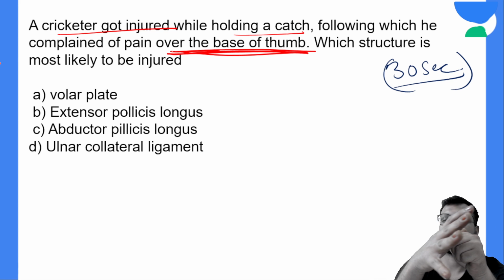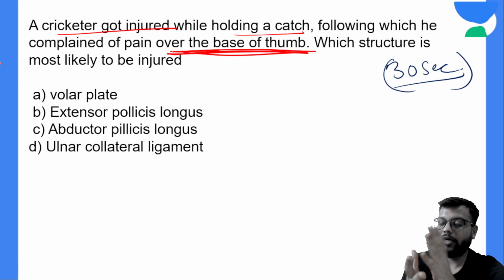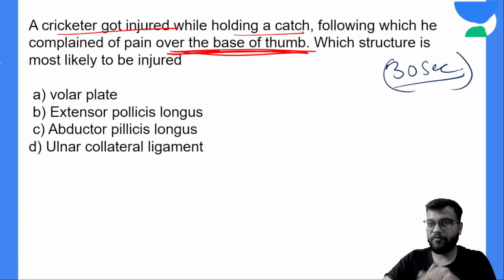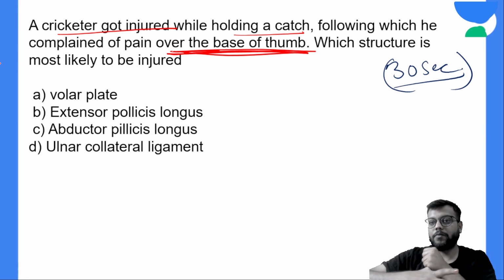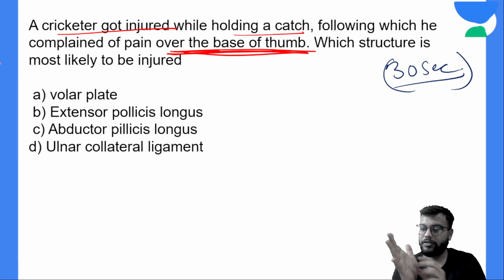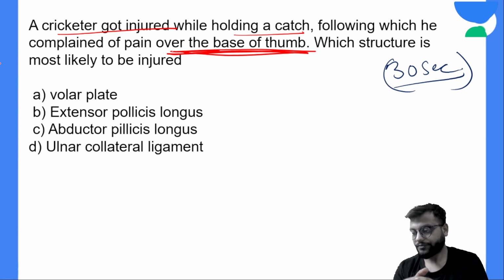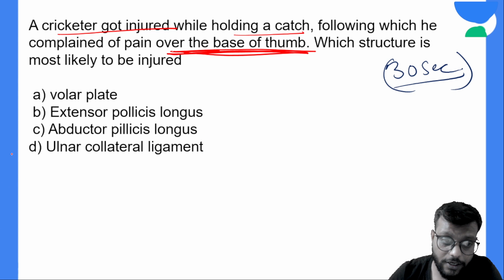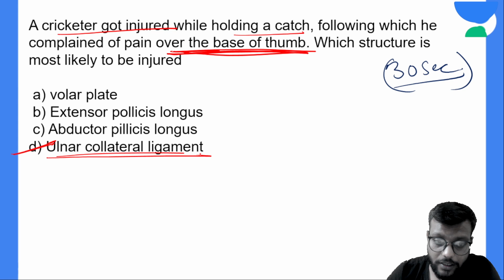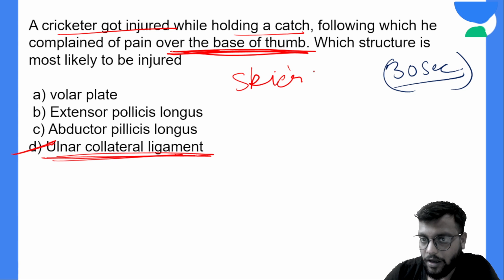So look, base of the thumb, holding a catch, so there will be forced abduction. Okay, forced abduction like this. So there will be fracture at just the base of the thumb here. Okay, and there will be injury to the ulnar collateral ligament. Okay, it is called your Skier's thumb or the